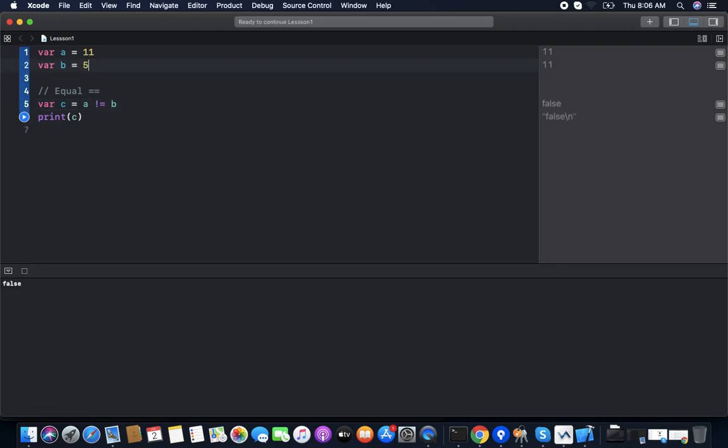But if both are not equal, we are checking the not equality, so it's true.